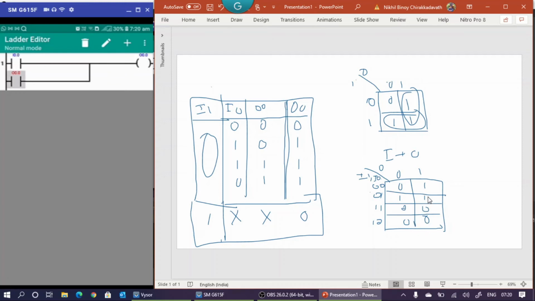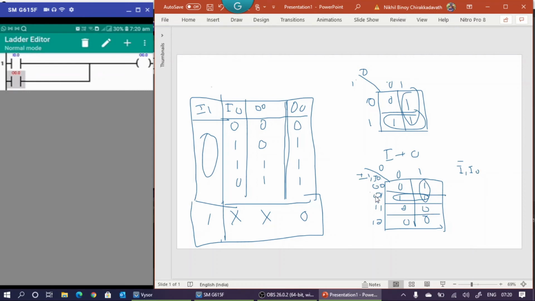So we have two groups here. This is one group and this is the second group. What is this one? This one is I1 bar I0. Right? Now what is this one?